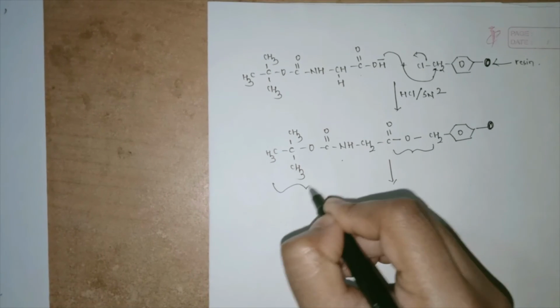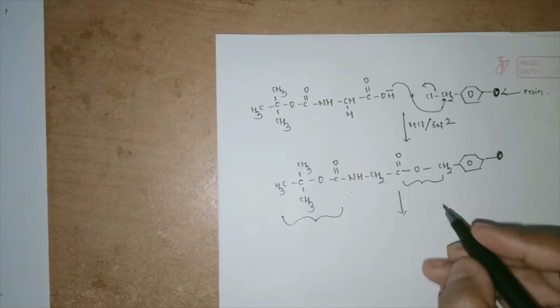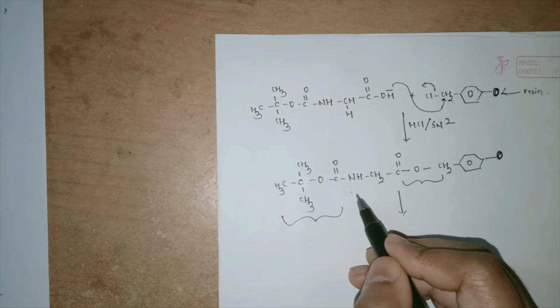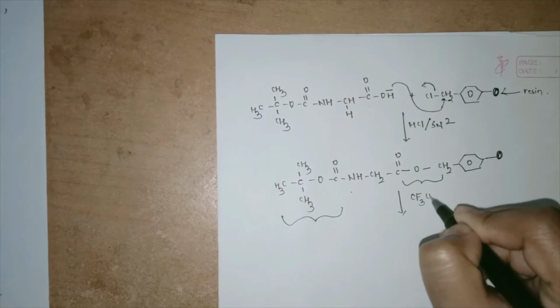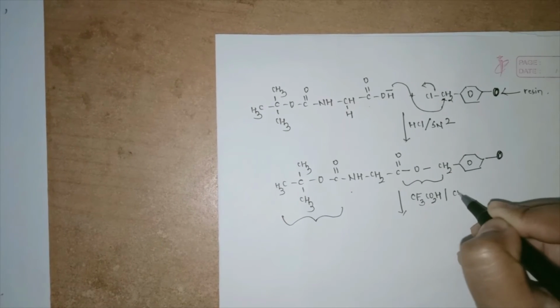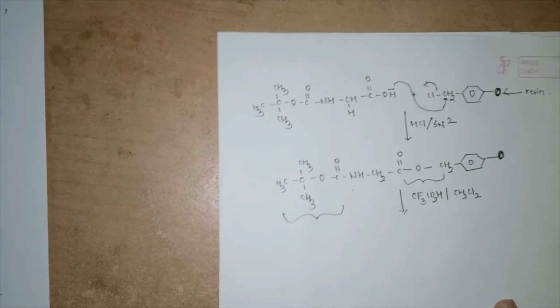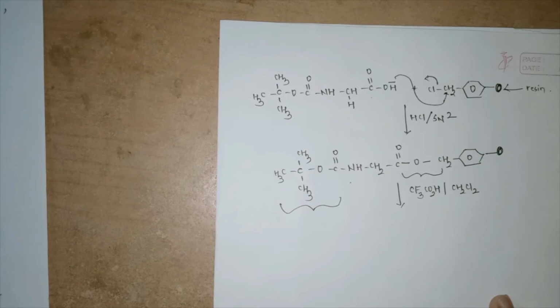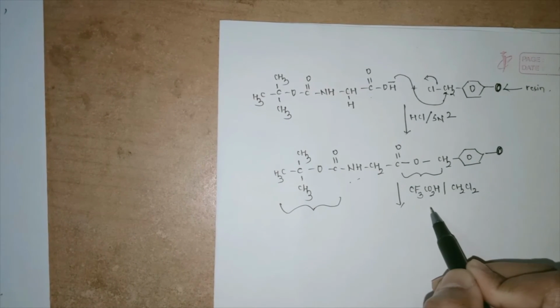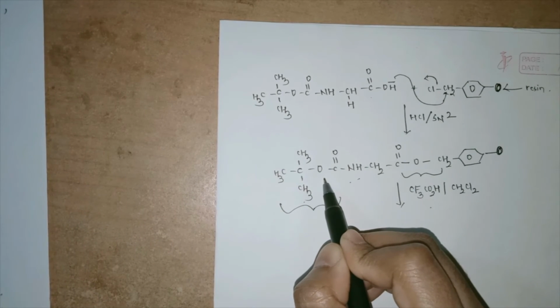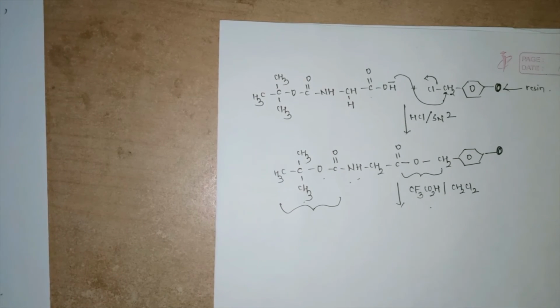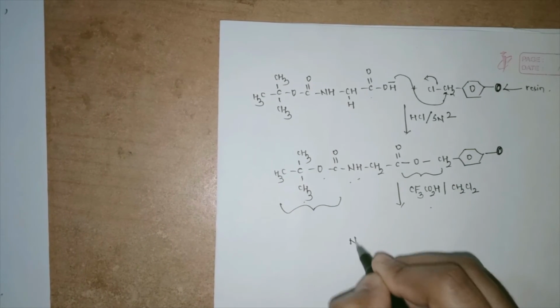Now my next step is to deprotect the nitrogen or the N terminal, so that I will be getting a free N terminal. How will I do this? I will be adding trifluoroacetic acid and DCM. Previously we have already discussed this system. To understand how to release this NH, trifluoroacetic acid will abstract the proton and there is a release of carbon dioxide, so that we will be getting an isobutylene and a carbon dioxide, and I will be getting a free N terminal.